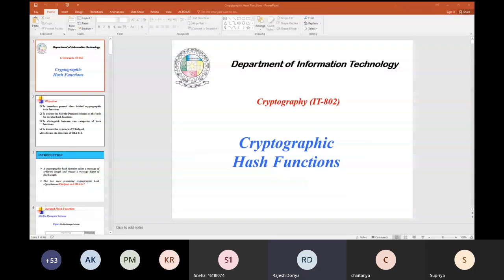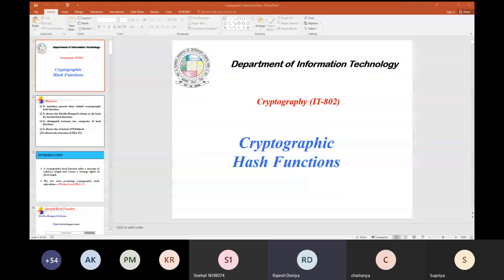In yesterday's class, we have seen message authentication code, and we have seen how exactly we can make use of message authentication code and modification detection code in order to ensure the integrity and the authenticity of a message.